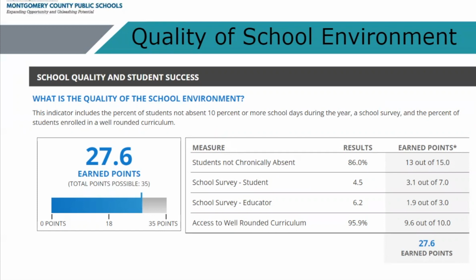Now, the school survey for educators and for students. Students in the month of March took their Maryland school survey. These results that students submit become then a result score and points that we can earn. So for the school survey for students, 4.5 were the total points, 4.5 was the result, 3.1 points earned. You'll see surveys for educators, teachers, and staff do the same thing. You will see student results are more overall points to the report card than the staff result. So they're giving more points to what the students are telling us about their experience at school.